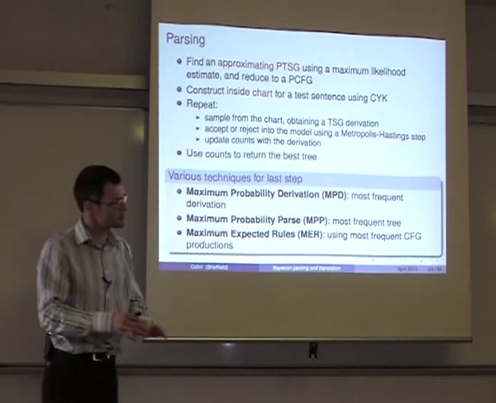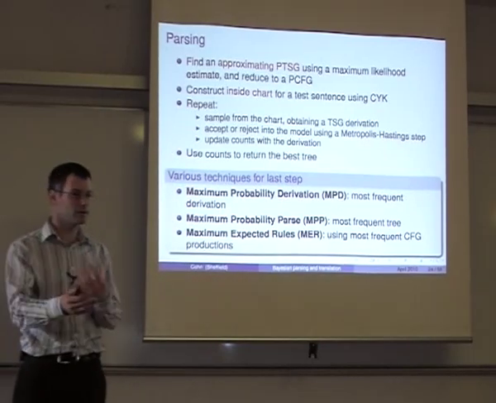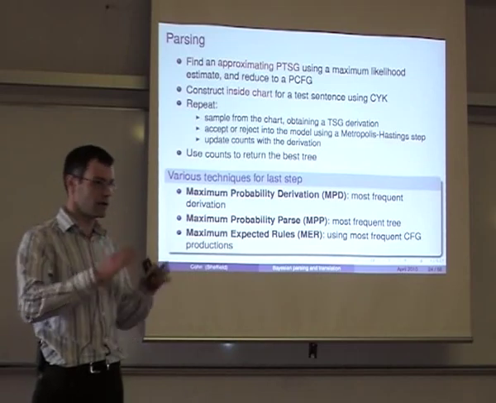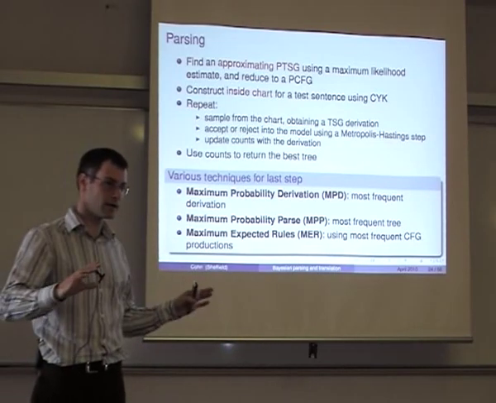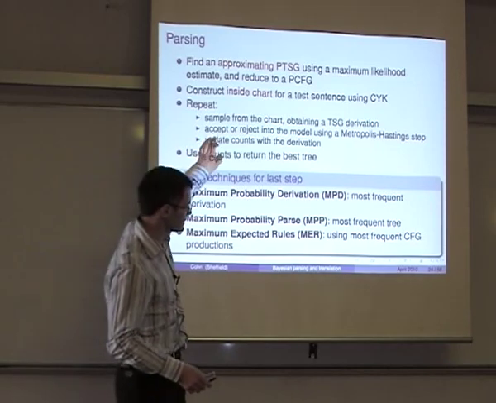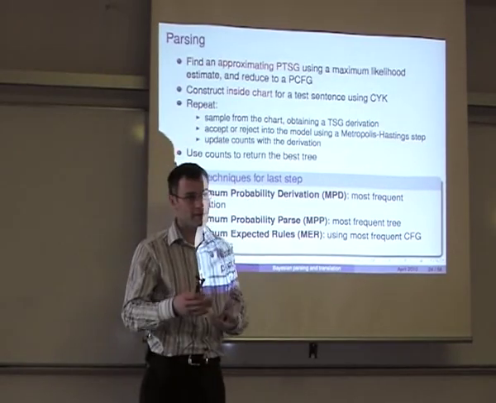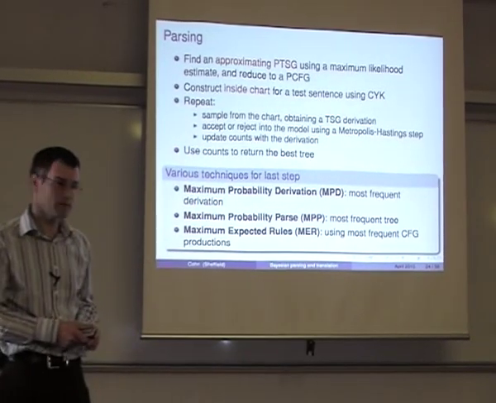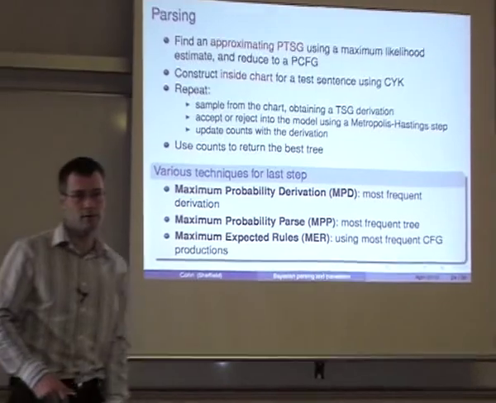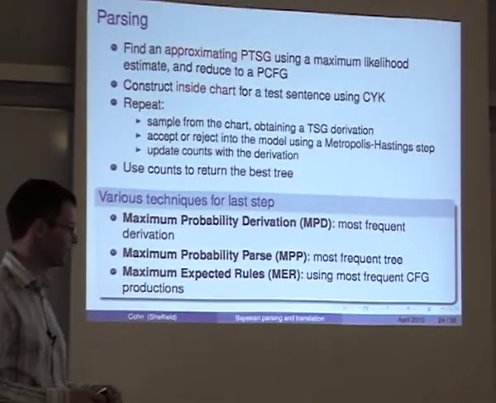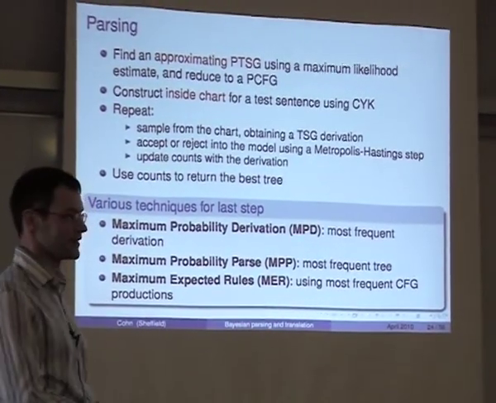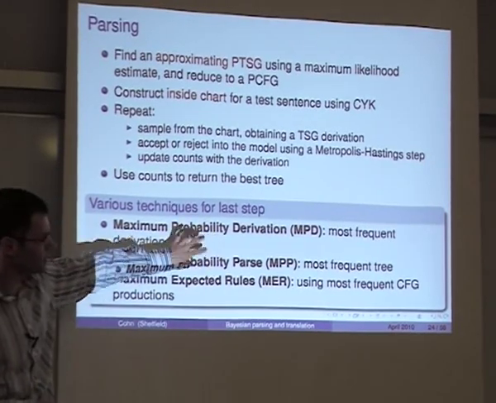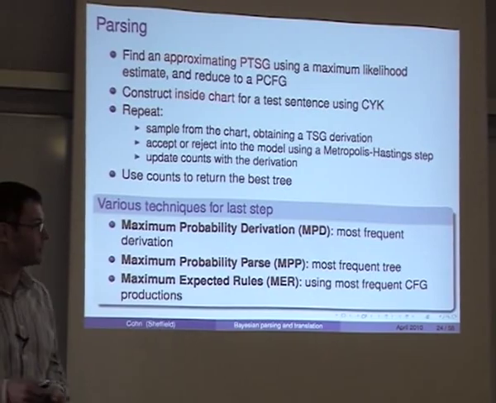Maximum probability parse. If we throw away all of the tree substitution grammar information, all the substitution sites versus not, and just record what the tree looked like underneath, when we're collecting our statistics, we can then pull off the most frequent thing, which will be the most frequent tree. This is what people have done in the DOP literature, and they claim that this is very powerful, and we show that it's not actually that powerful, so it's kind of an interesting counterclaim. The problem is that in both of these cases, the statistics are going to be very sparse.